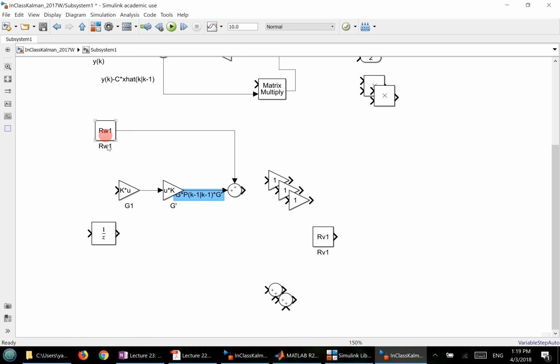Okay, and then plus the process noise. So let's do the front one here. Let's rotate that 90 degrees like that. So this will be our